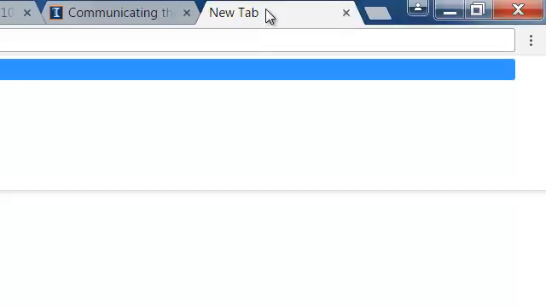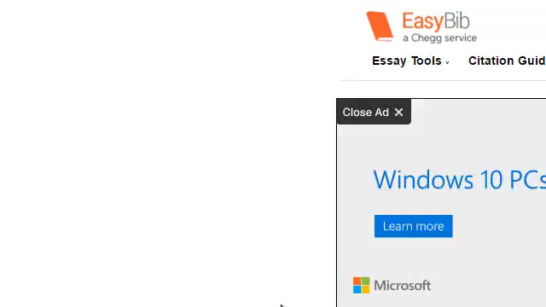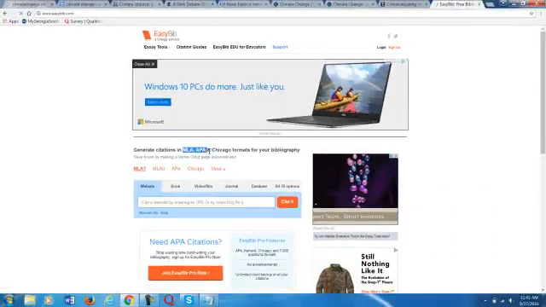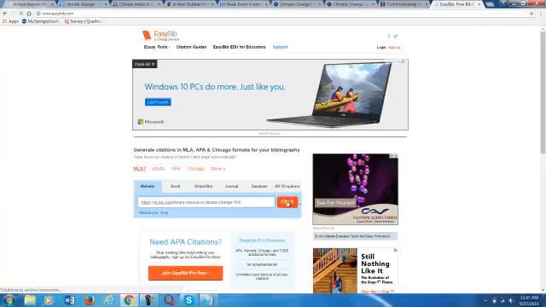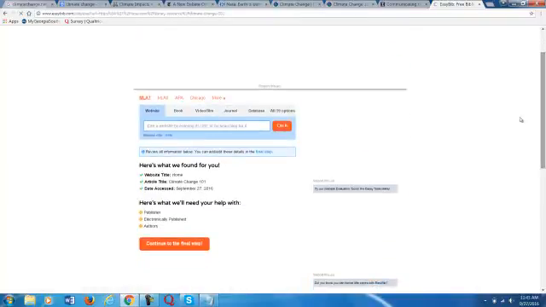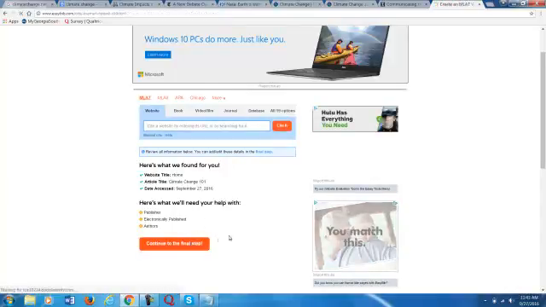It helps generate the proper format, because I'm not an English major, so I will often forget which style fits the research paper, depending on what the professor is asking. So there's MLA and APA, but pasting the URL in, this will do a quick cite of the URL. Oftentimes it's missing information though,